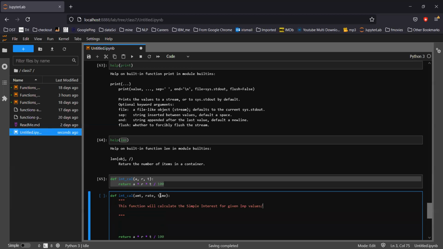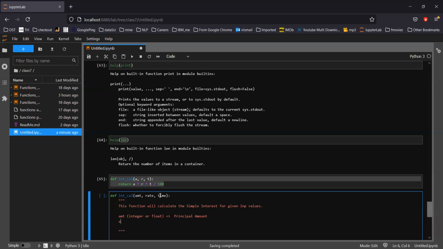Now the next thing: it is always a good idea to define the inputs as well. You can mention it as amount, or the better way is principal amount. An even better way, you define the data type as well, integer or float. That is the principal amount.